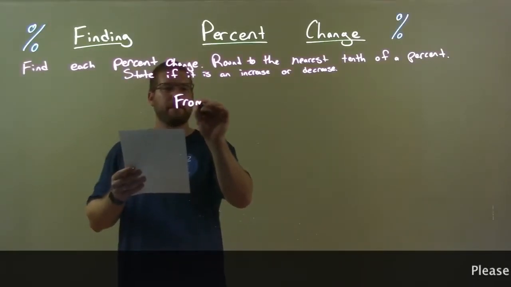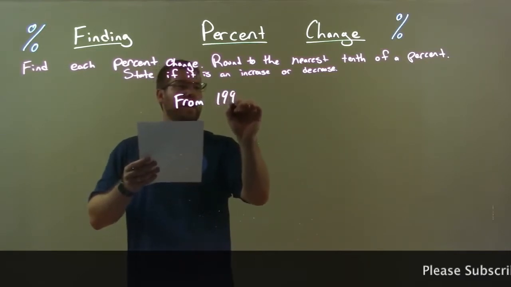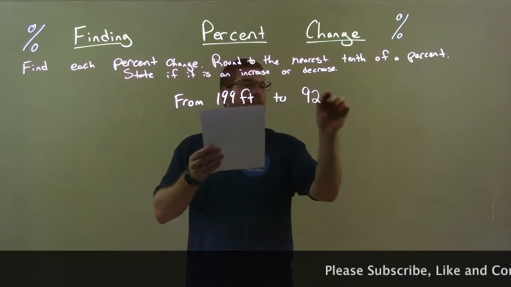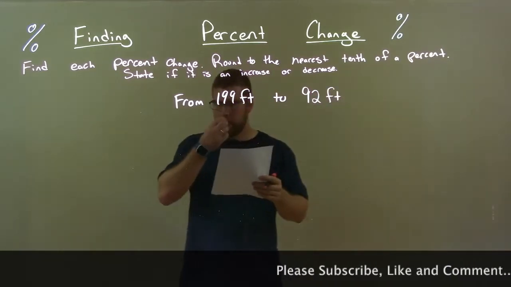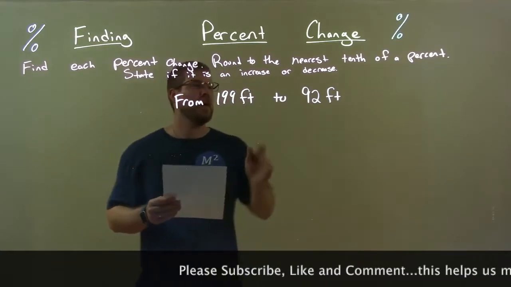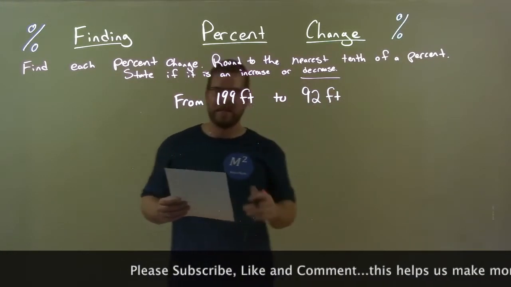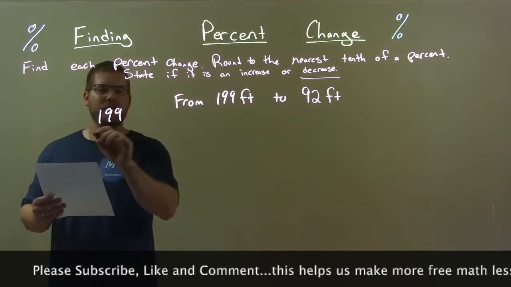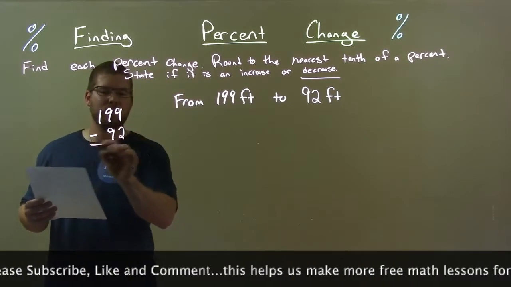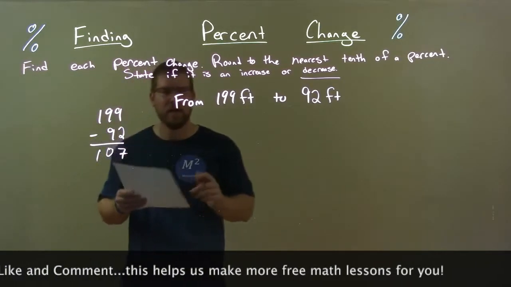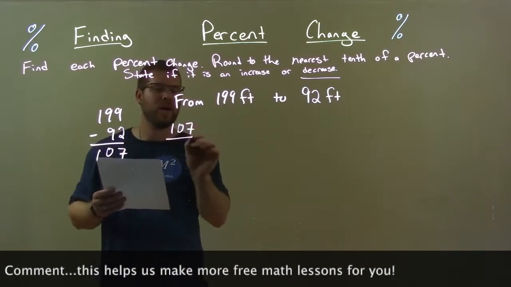From 199 feet to 92 feet. Okay? So from 199 feet to 92 feet. Well, this is a decrease. We're going down right there. All right. Difference between the two. 199 minus 92. That difference is 107, okay? We take the 107, and we divide it by the first number,